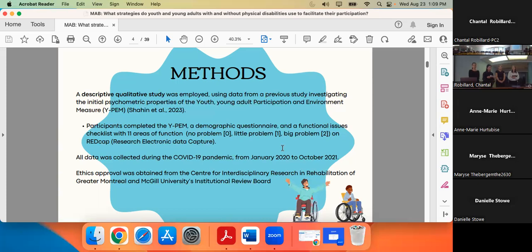As mentioned by Lindsay, all the data was collected during the COVID-19 pandemic, so from January 2020 to October 2021, and ethics approval was obtained from the Center for Interdisciplinary Research in Rehabilitation of Greater Montreal and McGill University's Institutional